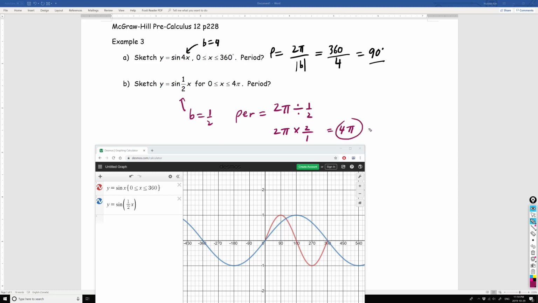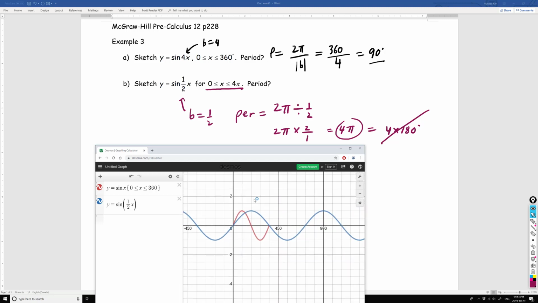You can say 4 pi radians, which is the same thing as 4 times 180 degrees, but we're not interested in degrees, we're interested in radians here. So it takes 4 pi radians for this whole wider graph to repeat. Let's zoom out and verify that fact. As you can see, we're interested in the blue graph here. We're going to change the mode to radians,